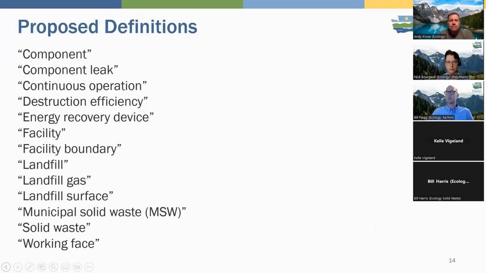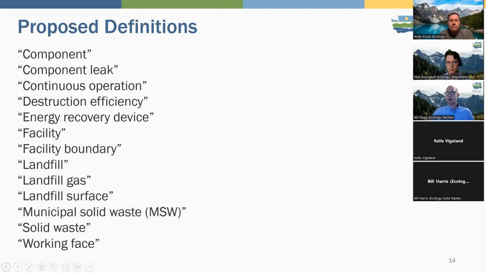This is a list of proposed definitions. These are non-statutory definitions. We've drafted these definitions. There will be 4 or 5 slides that we will be listing out verbatim the language that we've drafted after this slide here, and those definitions we felt were a little more consequential to this rulemaking and would garner more interest. There's a lot of definitions to cover, so we didn't want to go slide by slide, just going through all drafted language for each definition.